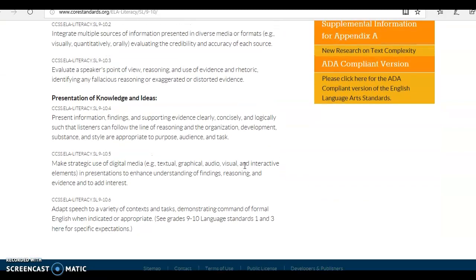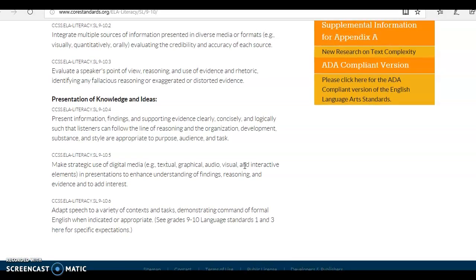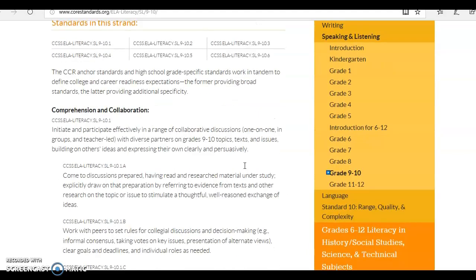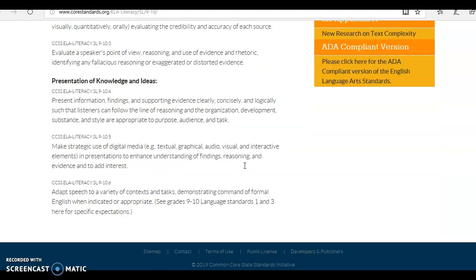They're sort of the same thing as with writing, but they want you to be able to formulate your ideas into a speech. And I think that's important too, because even though you're writing a speech, when you're actually speaking, it's more concise, and you are using digital media such as PowerPoints or maybe even a video.